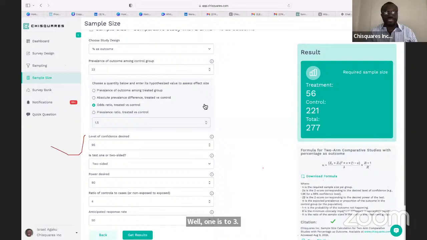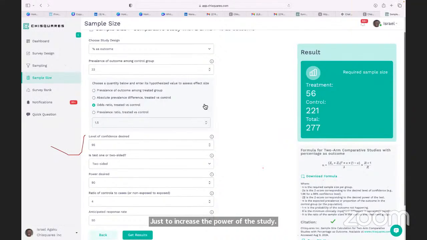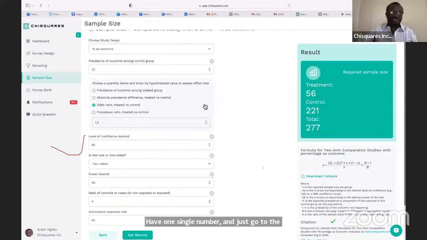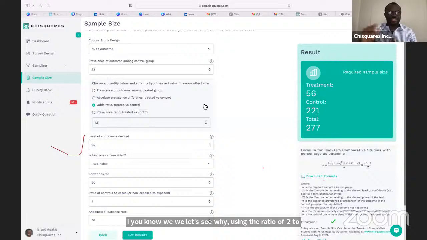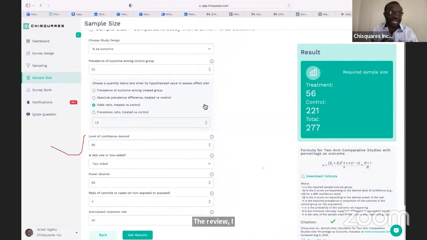Yeah, in general, whenever you're doing sample size calculation, it's not a very good idea to just have one single number and show it to the grantor and say, hey, this is the sample size calculation. It's always better to have a grid, a table, where you show the differences in assumptions. Like, okay, in this case, let's say we're using a ratio of 2 to 1 or a ratio of 1 to 1, or we're assuming power of 80% or a power of 90%, so that the reviewer gets to see the whole range of possibilities and the potential impact on the study.